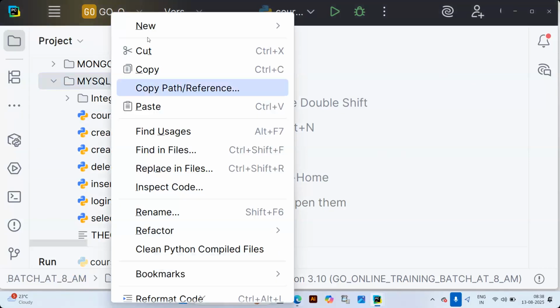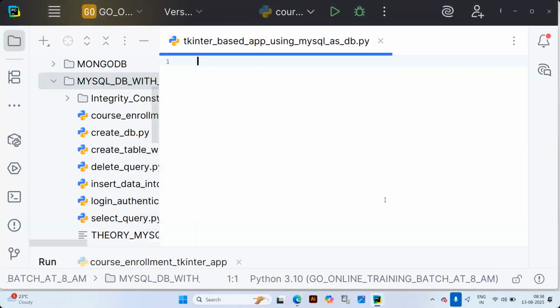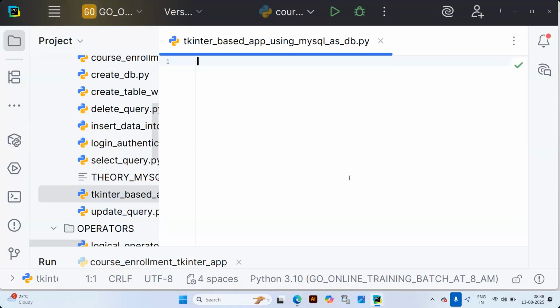So let me take an application that is a tkinter based app using MySQL as backend. Right. So if you look at probably,